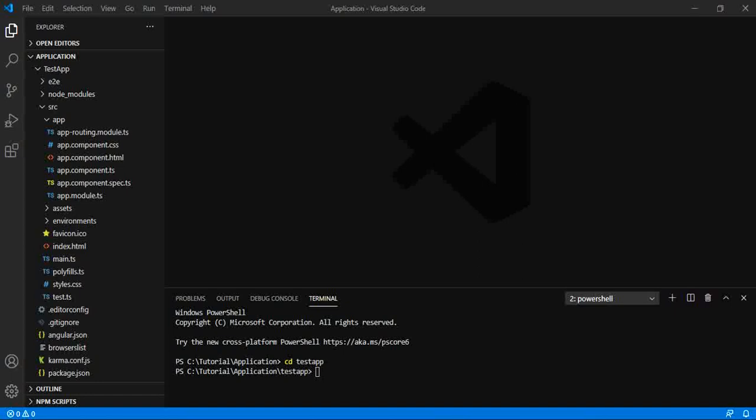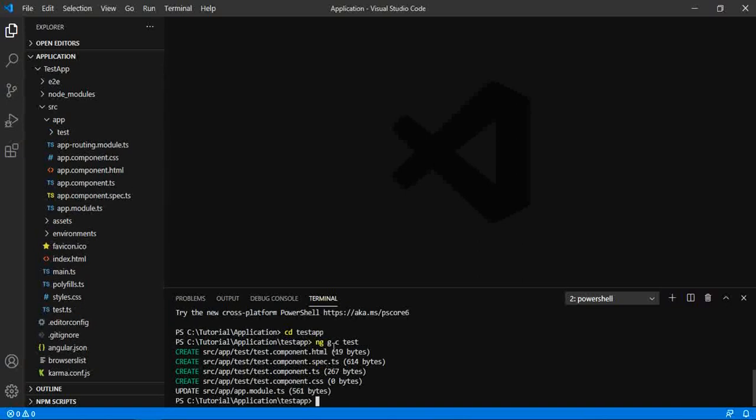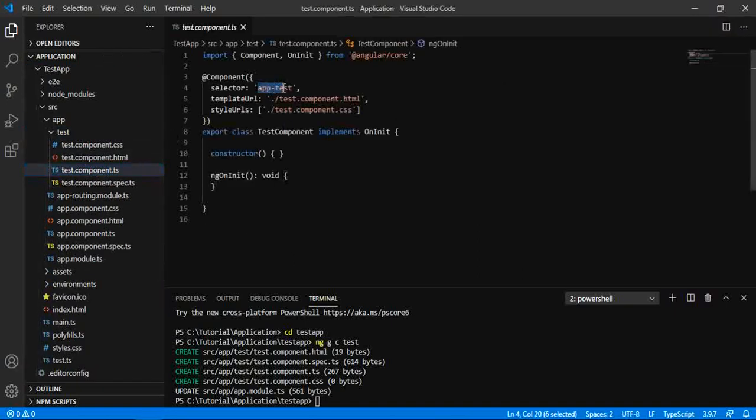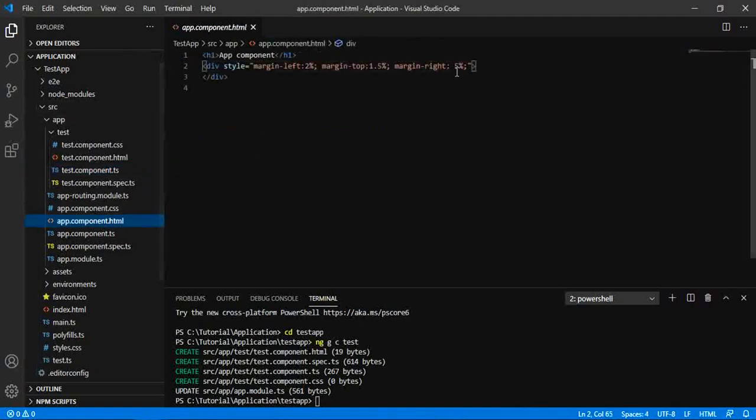Let us try to demonstrate with the help of an Angular application that we have already created. Now I am going to add a new test component in which we will declare the HostListener. So now I am done with creating the test component. Now I am going to add the selector inside app.component.html,